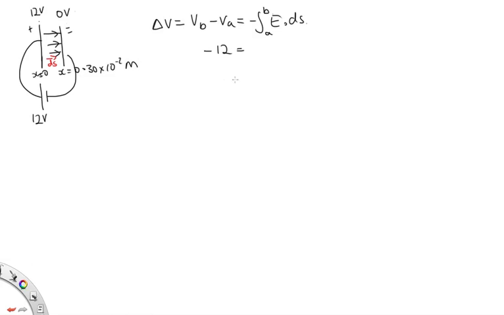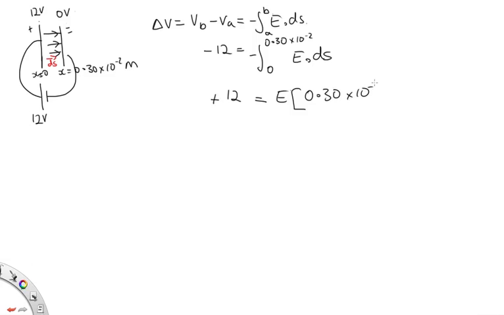Now the A plate is located at x equals 0. The B plate is at 0.30 times 10 to the minus 2. Now E is constant. We're asked to find E, so we'll put E dot ds. Because it's constant, we can move it out the front of the integral. So when we integrate, we can get rid of these negative signs. So we have 12, and then we've got E, which is some constant. So E times